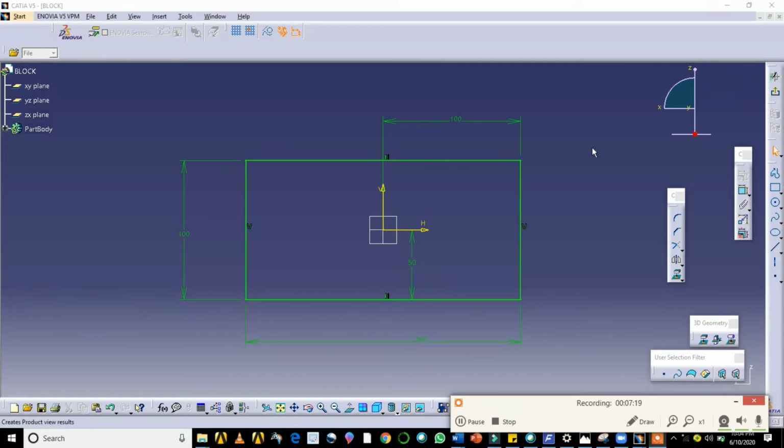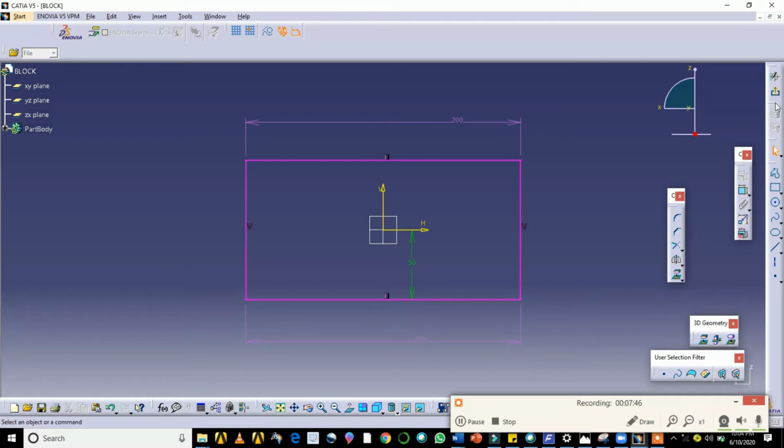Now what I do, I'll remove this dimension. Then I'll try to give the dimensioning for this. See here, what is happening? The color of this sketch is changing. That means this is over constrained.